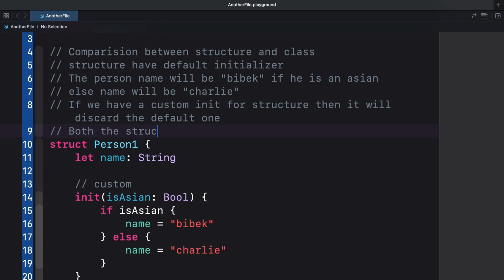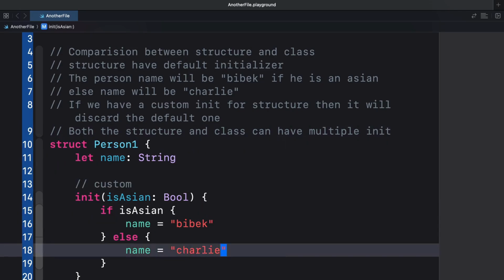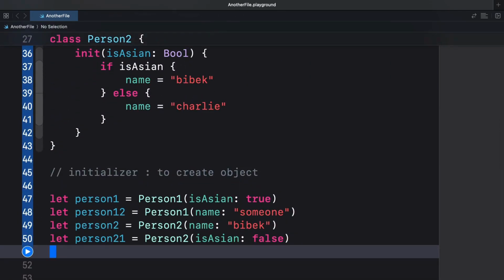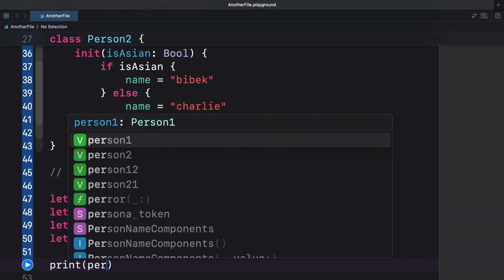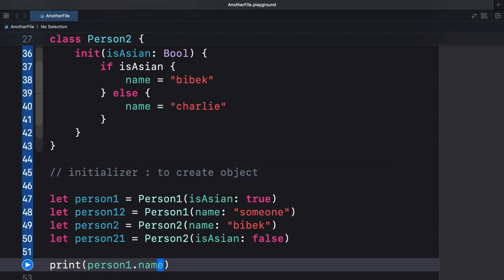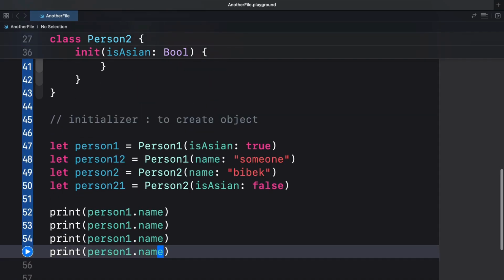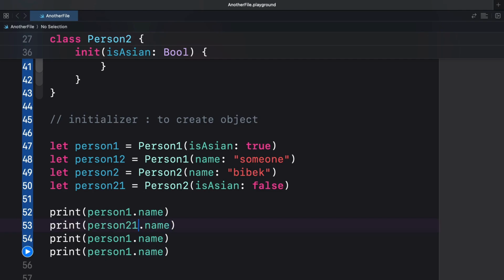Both the structure and class can have multiple init. Now let me print all the values. Person1.name, copy it few times, then person2.name, person2.name, and then person1.name.